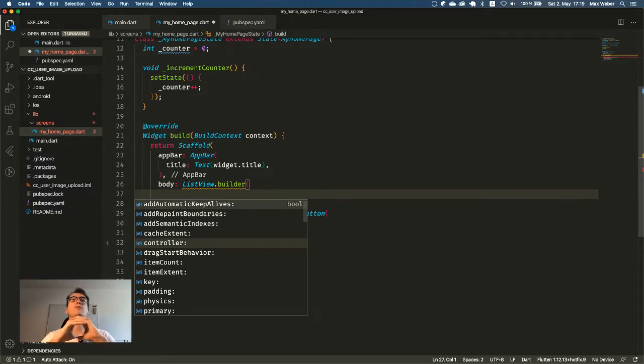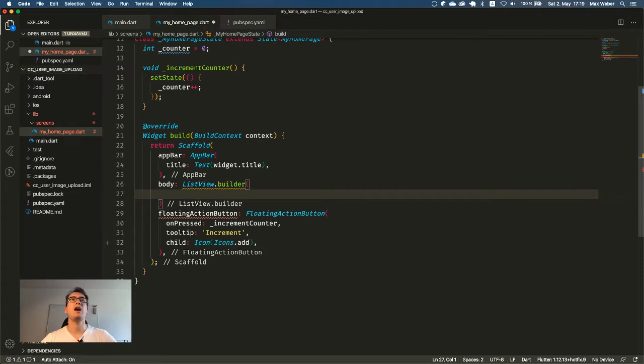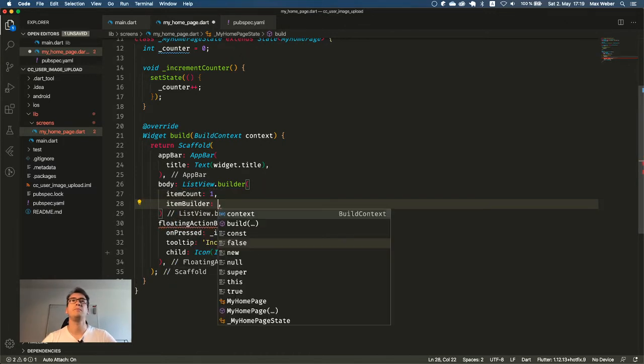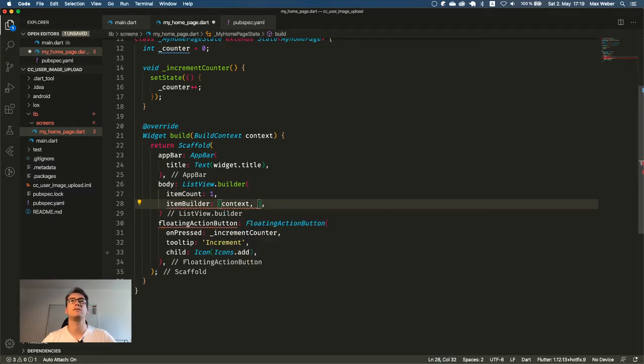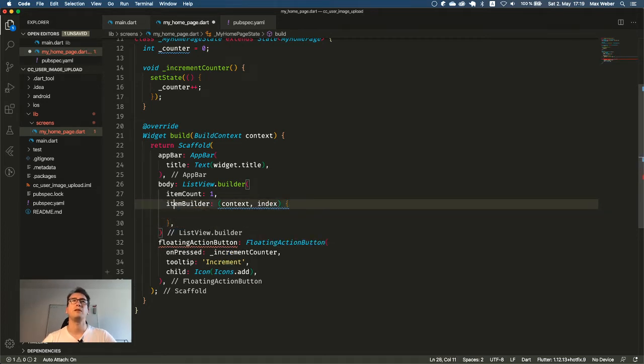Or should I start with a row just to make it a bit easier to understand in the beginning? No, I think a list view is okay for now. With the item count, let's start with 1. And the item builder, which has the context and the index. And we return something.